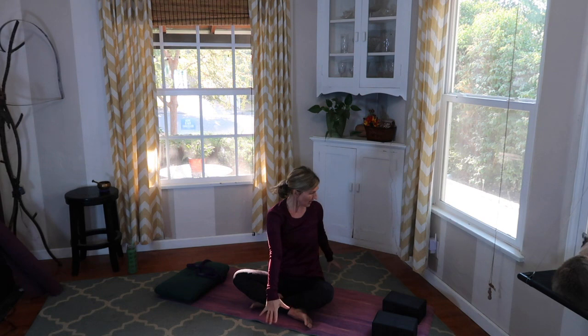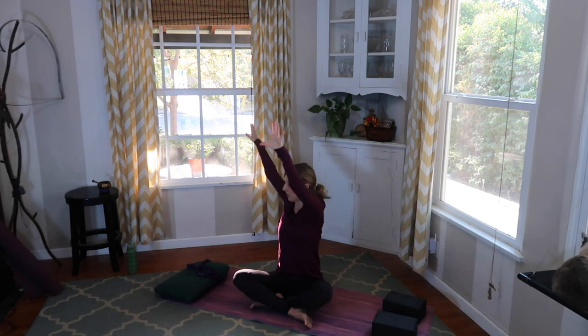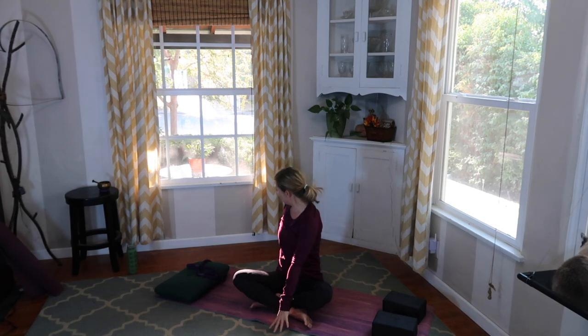Reach this up, and again, left arm forward, right arm back, and lift this up, and right arm forward, left arm back. Good. Reach this up. Let's go ahead and drop that right arm down to the side and reach with that